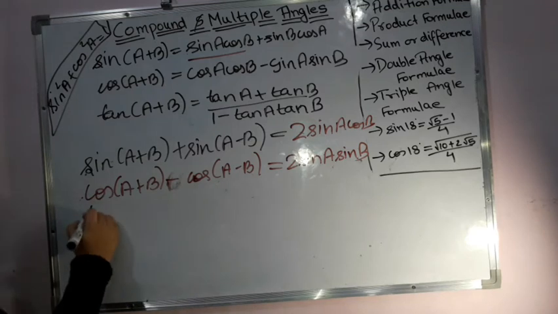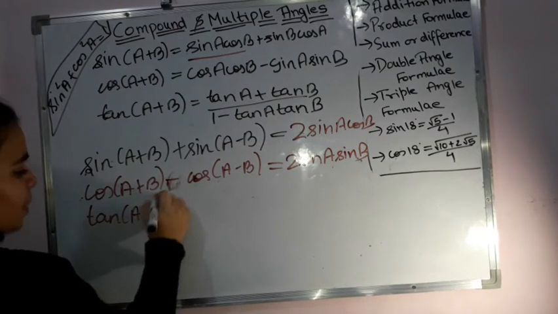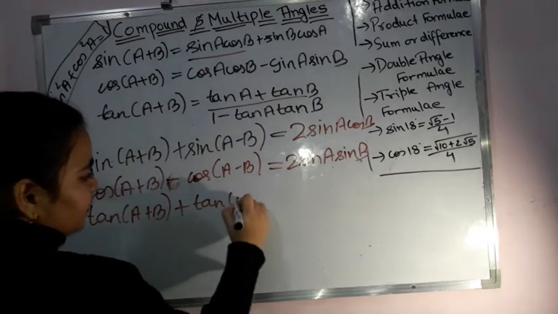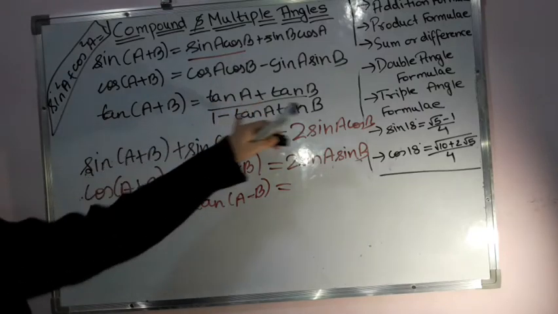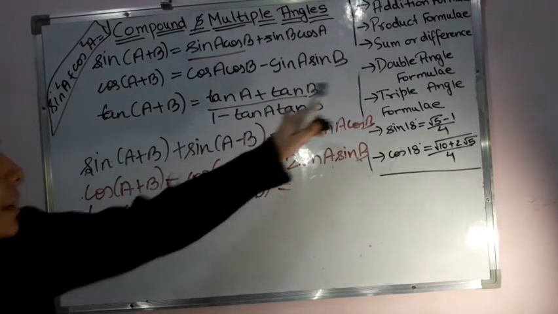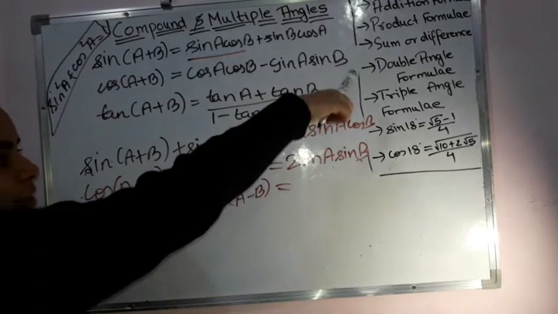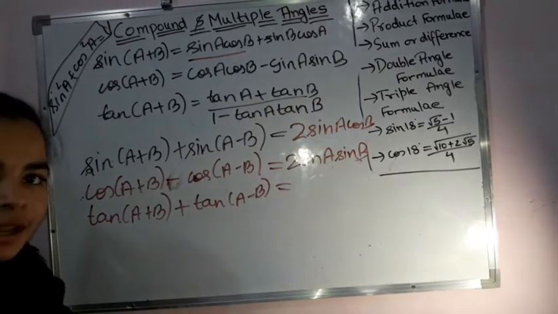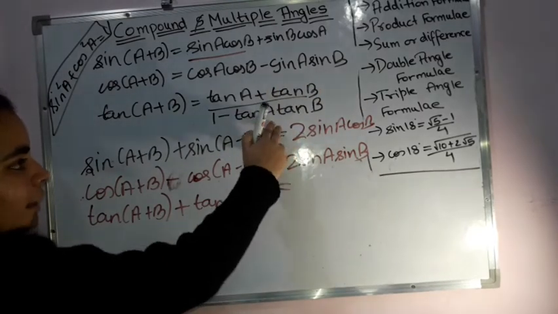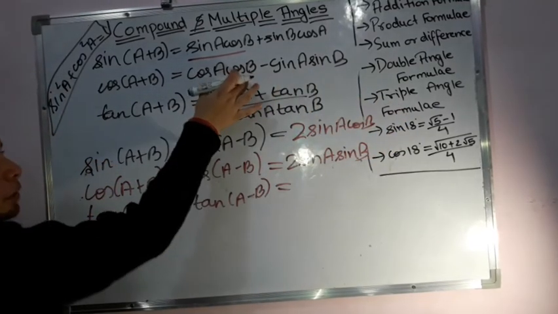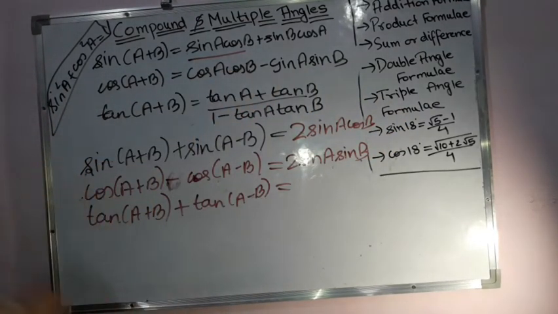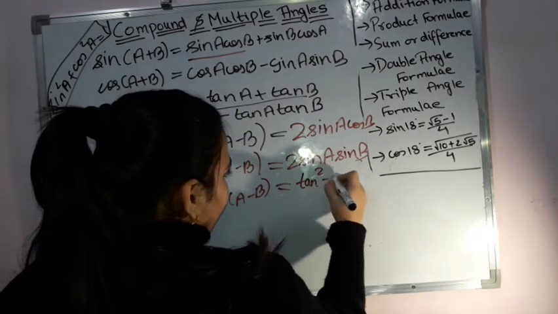Then seeing for tan also, if you have tan A plus B plus tan A minus B, I know the formula for tan A plus B, I have learnt it, tan A plus tan B upon 1 minus tan A tan B, and this plus I have to do tan A minus tan B upon 1 plus tan A tan B. Right, so I'll be taking the LCM, and after I take the LCM, this entire term, basically 1 plus tan A tan B, is going to be multiplied with this tan A, and so when you solve it, your values will be cancelled out, and then you will be left with a thing that is basically tan square A.